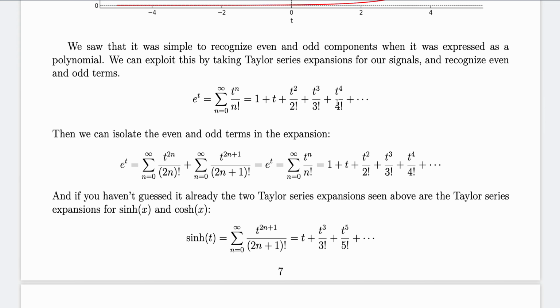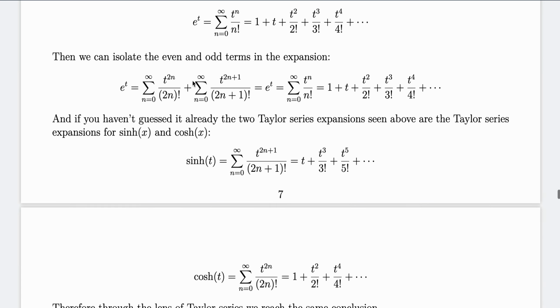What we can do is isolate the even components and the odd components by separating out their series and then writing a Taylor series expansion for the even parts and then the odd parts, which is shown here, respectively. And this will just give you the original Taylor series expansion. But we can see if we can write these Taylor series expansions as some function, or better said, we can try to pattern match to see if there is a function that has that Taylor series. And if you haven't guessed it already, this is nothing more than hyperbolic sine and hyperbolic cosine